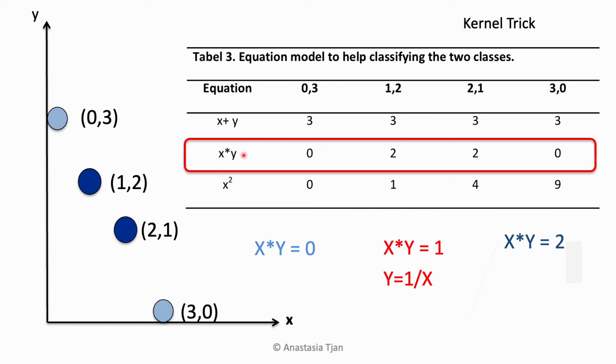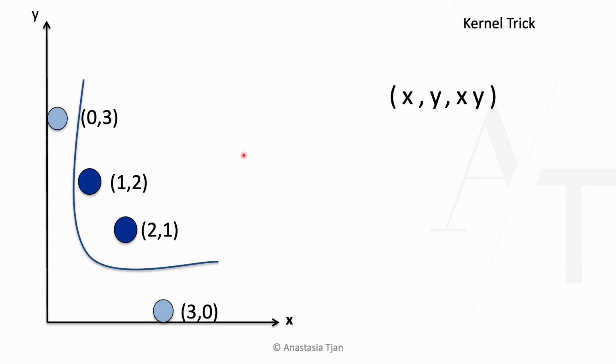And the same with y equals 1 per x. And this resulting equation gives exactly a hyperbola curve. And this is a kernel trick. So we have our z-axis, which is x times y. And we put together the x, y, and z axis, which is the x times y, and we calculate all